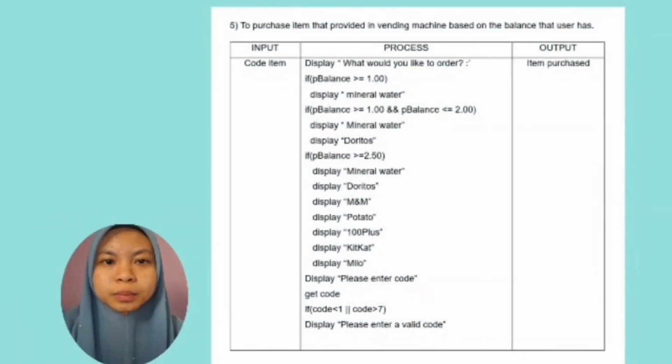This analysis is to purchase items that are provided in the vending machine. Input code, display "what would you like to order". The system will check the P balance before displaying the items that will be provided to the user. If P balance is more than or equal to 1, it will display mineral water. If P balance is more than or equal to 1 and less than or equal to 2, it will display mineral water and Doritos. If P balance is more than or equal to 2, it will display mineral water, Doritos, M&M, potato, 100 plus, Kit